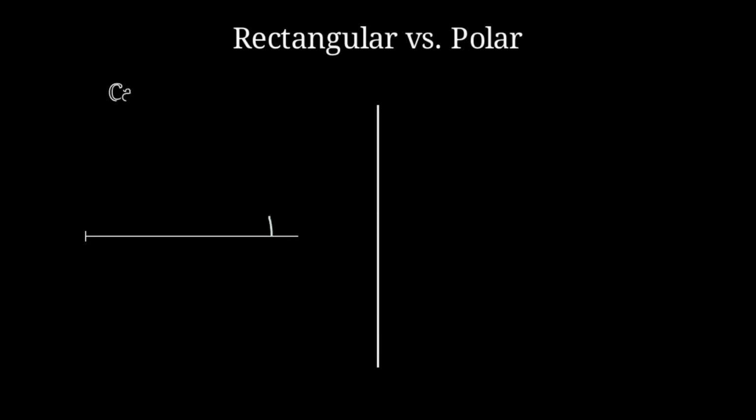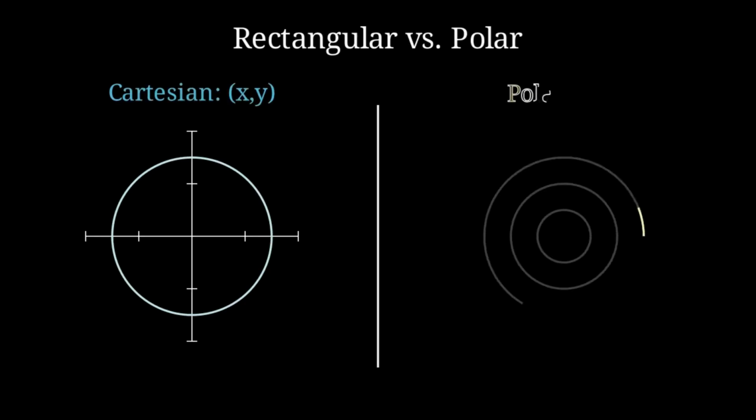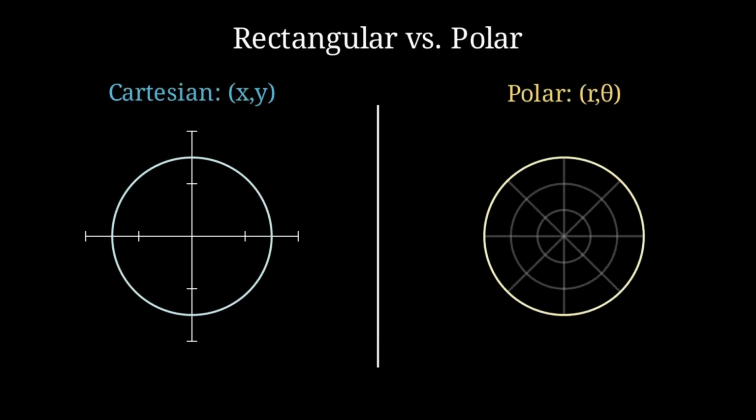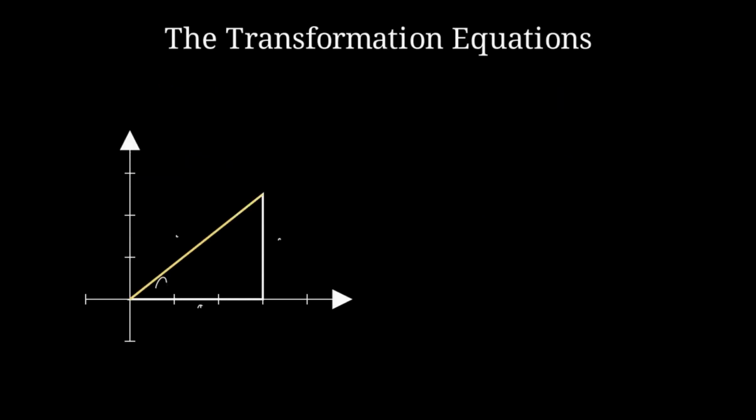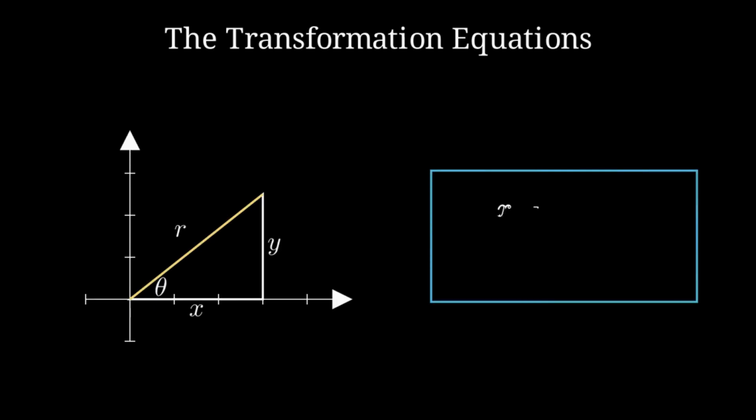In the Cartesian system, we use a grid of squares. However, for shapes with radial symmetry, it is more natural to define points by their distance from the origin, r, and their angle from the positive x-axis, theta. To move between these worlds, we use these fundamental transformation equations. These relate the horizontal and vertical components to the radius and angle, forming the basis for our change of variables